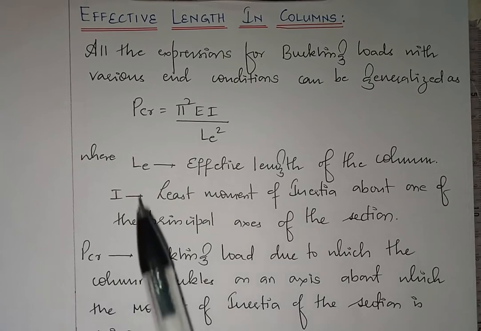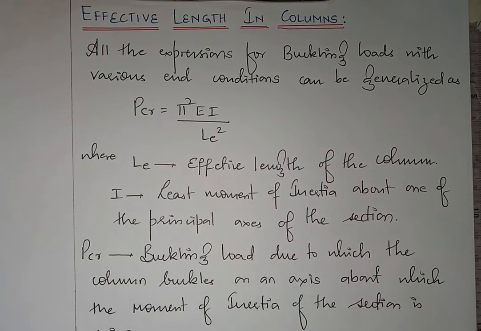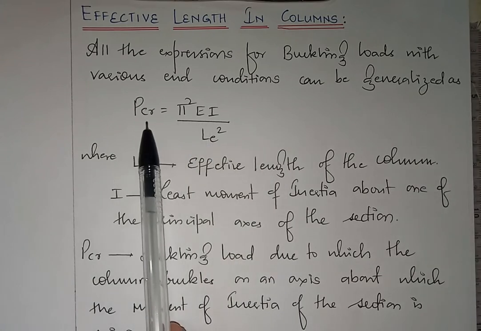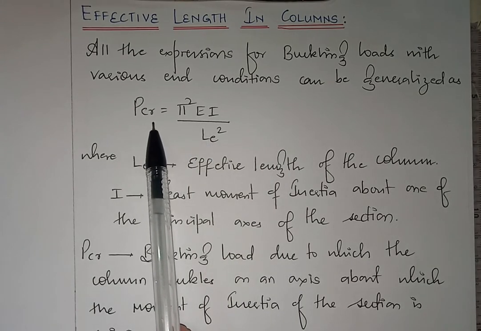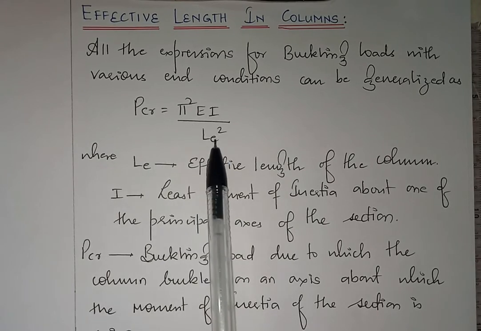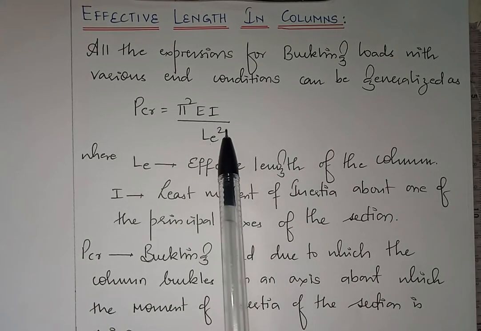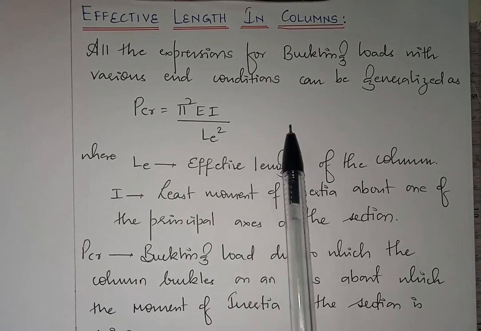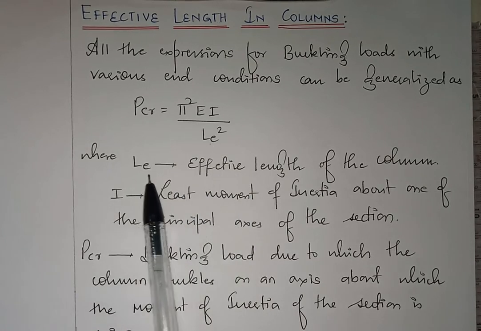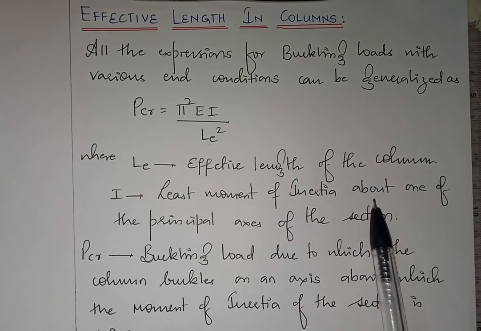So all the expressions for buckling loads with various end conditions which I have derived in the previous four derivations can be generalized as PCR. CR is the crippling load. You can also call it the buckling load, equal to pi square EI divided by LE square. This is the generalized formula, and it is applicable for all the four end conditions depending upon the value of LE, where LE is the effective length of the column,